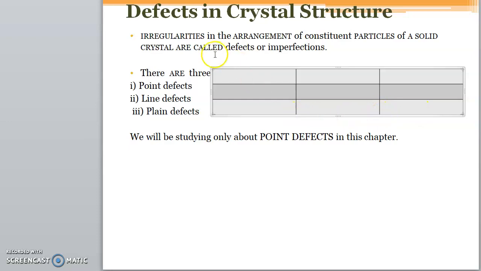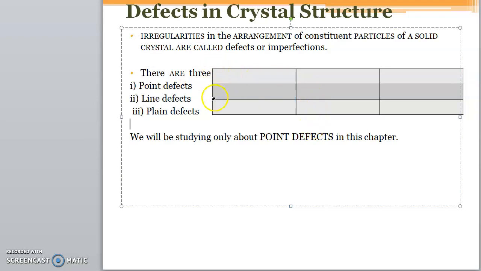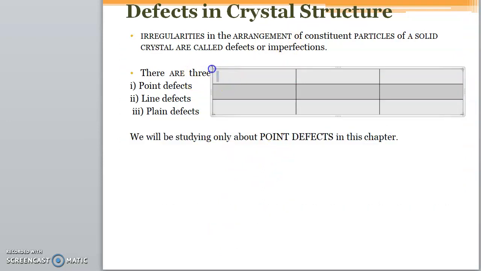Now what are lines? These are the lines. So line defect is caused by defect in lines. This entire line that you see where my cursor is moving, this entire line, this entire line, this entire line, it will cause line defect. And plane defect is if there is some problem with the entire plane, which is made by lines and points. But in this chapter, we'll be looking at only point defects. So let's take a look at the point defects one by one.